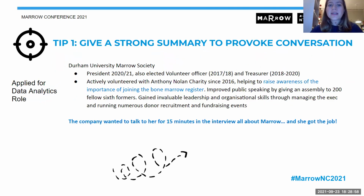So what we've done is we've tried to take a CV from each of the alumni committee, and just the section on Marrow that they've included in their CV, and we've tried to highlight the bits in here that we think are really useful for other people to copy the structure of how they've spoken about Marrow. So for the first bit, we've said give a strong summary to provoke conversation. This is someone that applied for data analytics, and she's given her roles, but she's also said a bit more about Anthony Nolan, because it's also good not to assume that everyone knows who Anthony Nolan is. And she's given some impressive